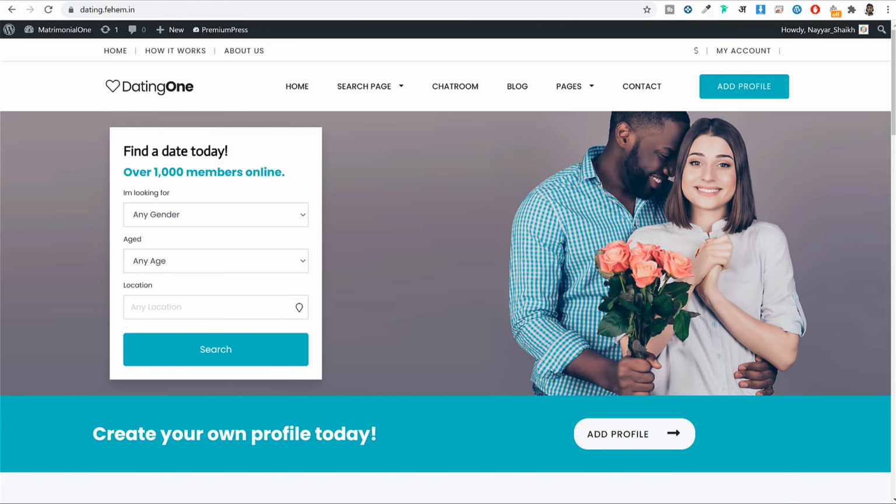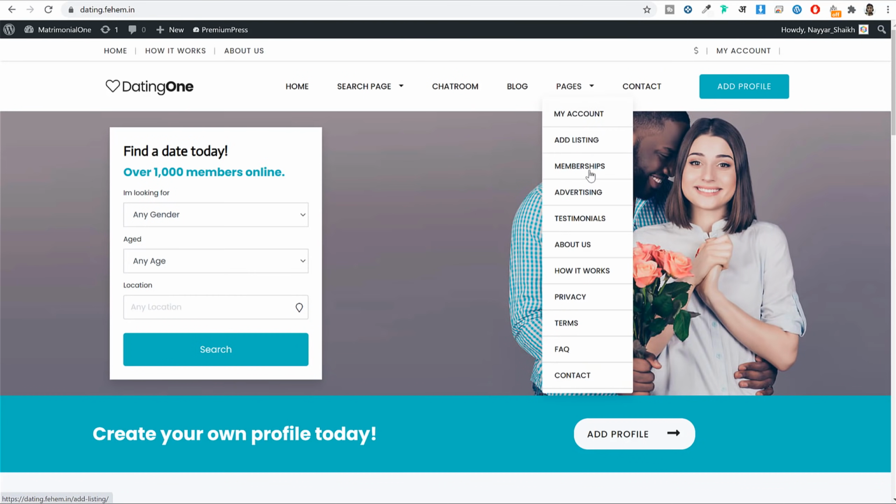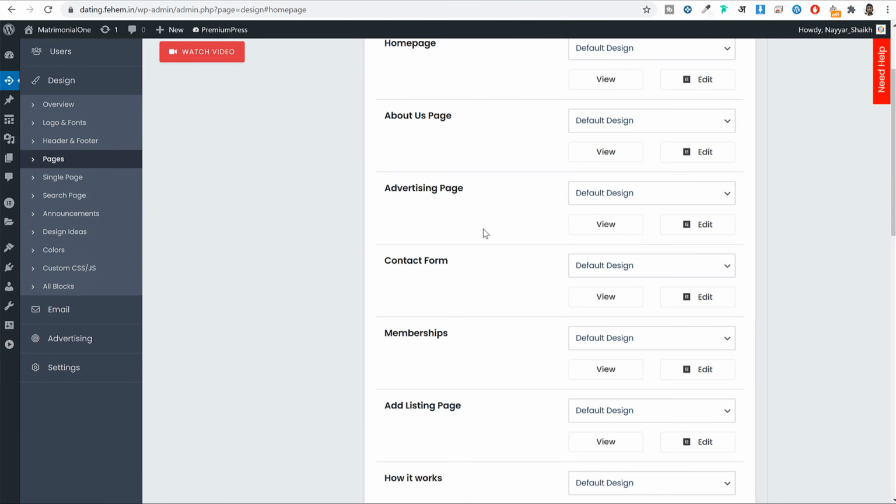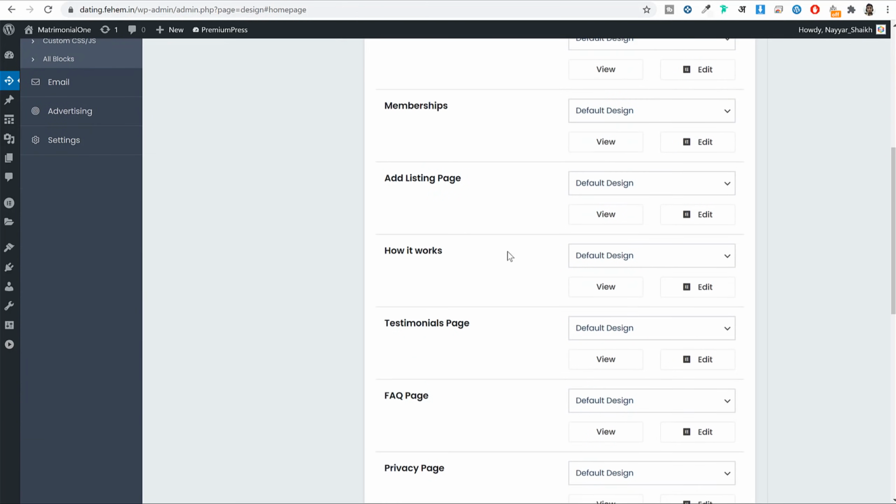All right. Now similarly, you can go ahead and do changes on some other pages, like all the other pages that are created for you, your about page, how it works page, terms and policies page, contact page, all these pages. I guess now let's do one thing. Let me show you some other page. For example, let's see how we can do some changes on your about page and some other pages.